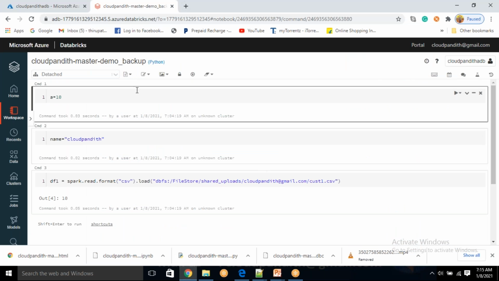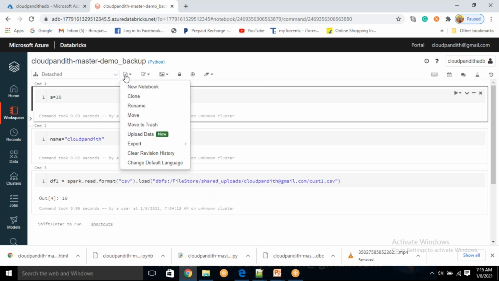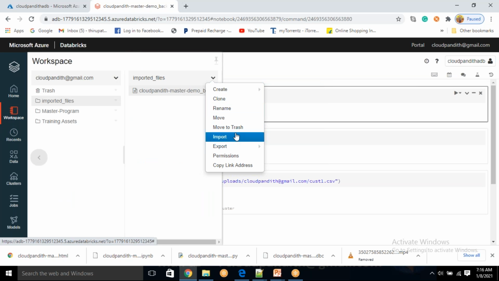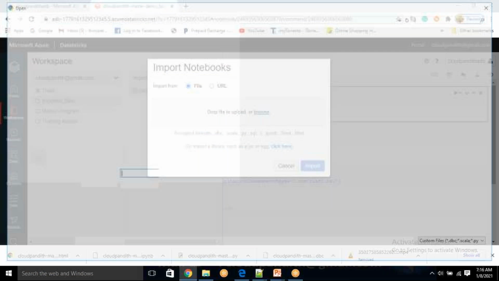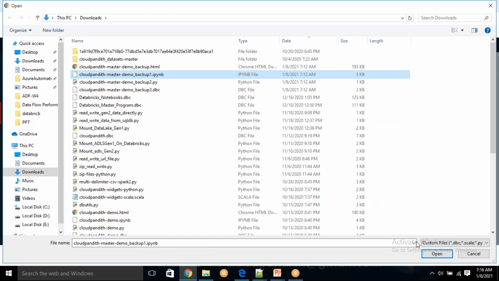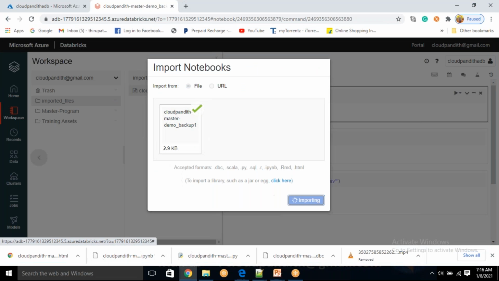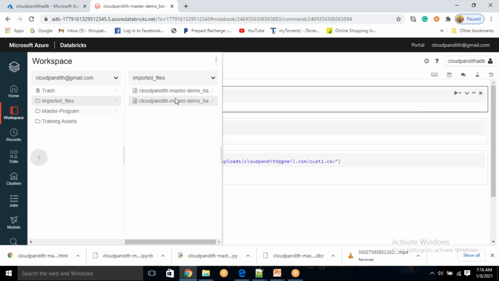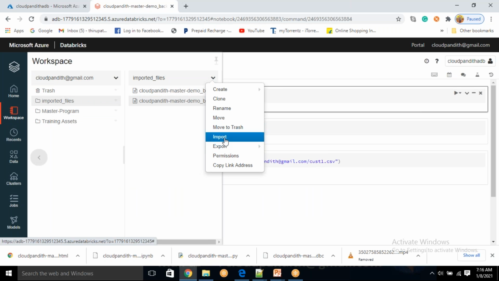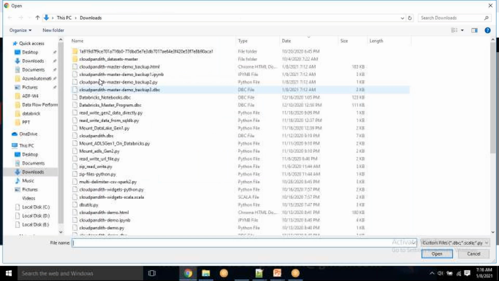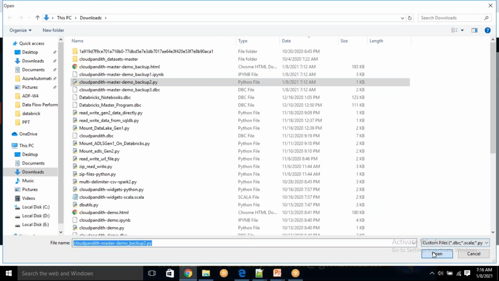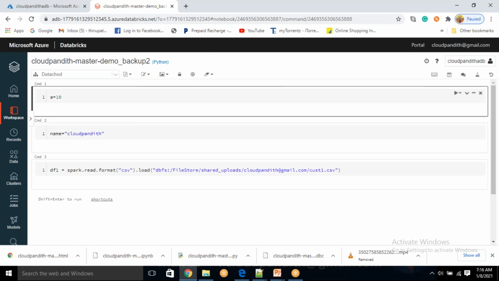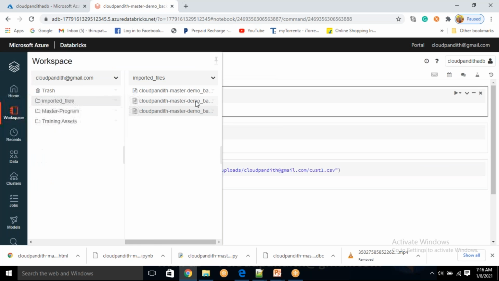But if you're not able to understand anything, we have a community. You can import and you can check it. Okay, now just click here to import the next type of file, HTML is done. IPython notebook, I'm just importing, just import it. So you got the backup one. That's how we have renamed. Now click here, import, browse it, select this .py file, Python file also you can import it. You see it's a backup with the same content, because we have the same content in all of these.